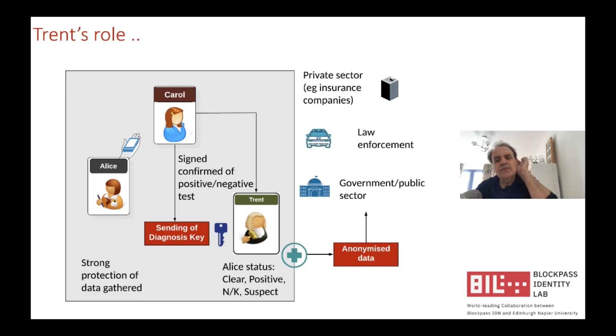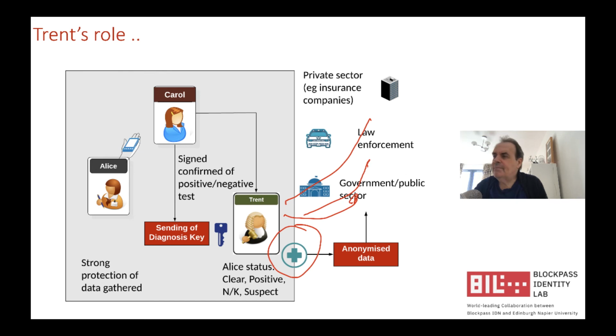And what is Trent's role? Well, Trent's role is core to this, because Trent must keep the whole of the infrastructure around the contact tracking private. He has the trust of Alice. He needs to trust Carol to be able to test Alice. He then needs to make sure that he does not leak any information out into the government, law enforcement, private sector, and so on. So it's a core role that we must analyse the data that's going out, and it's not pseudonymized. It's not an identifier for Carol that law enforcement can trace back, but it is truly anonymised data